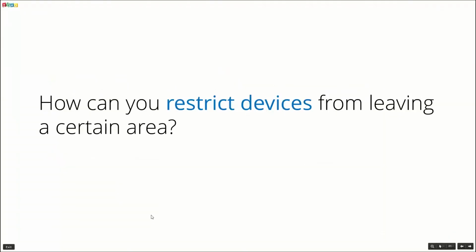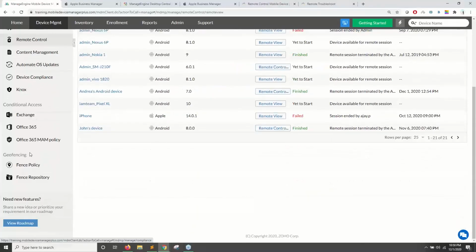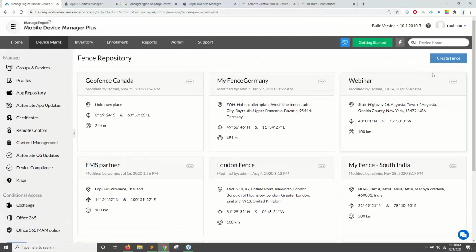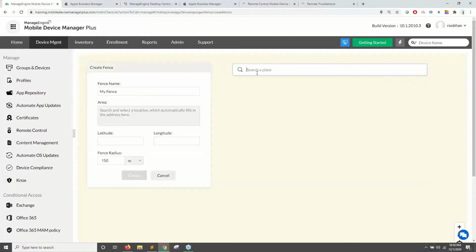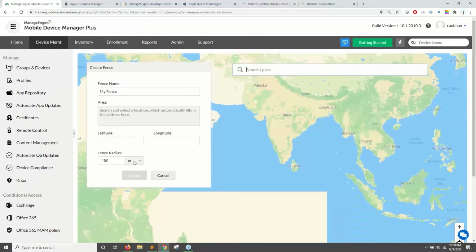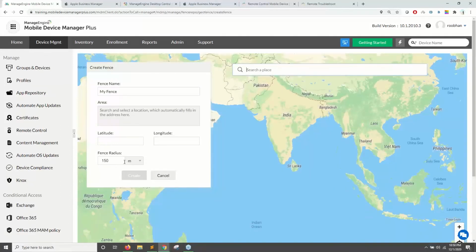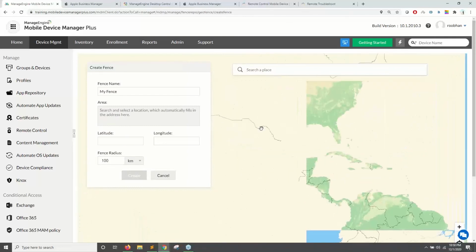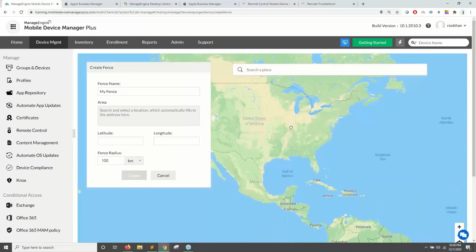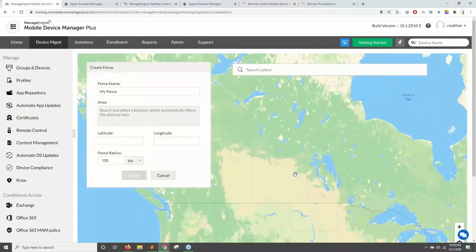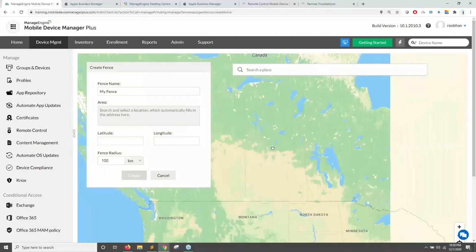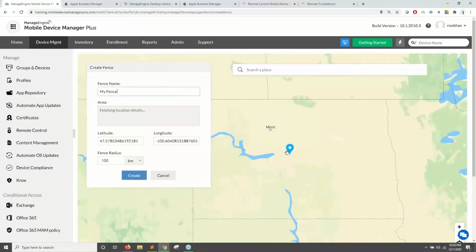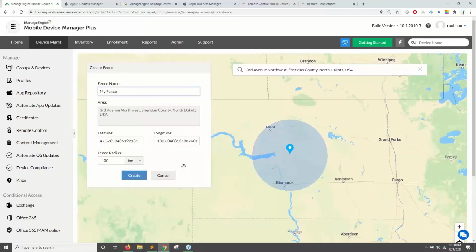And now, in case you want to restrict the devices to a particular geographical location, then you do have an option to go with geofencing. So you can lock your devices to a particular location alone, where you can create a fence. And you do have an option to create a fence repository from 150 meters to 500 kilometers. Let's say I want to lock my devices on North Dakota with a 100-kilometer radius,